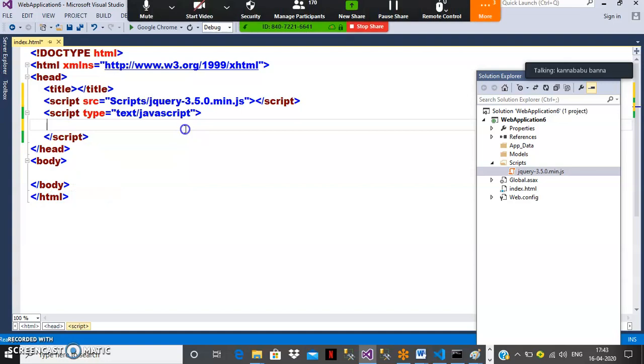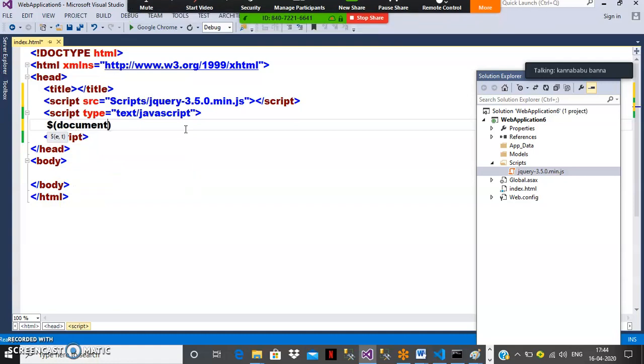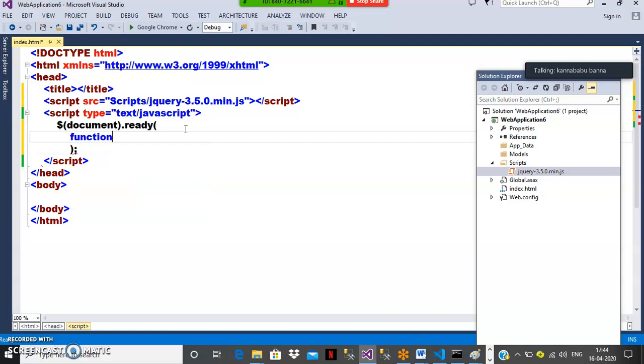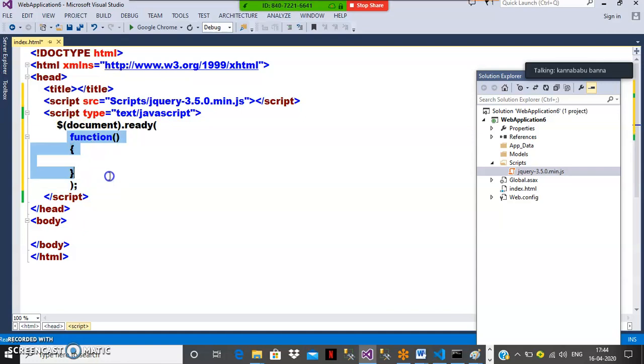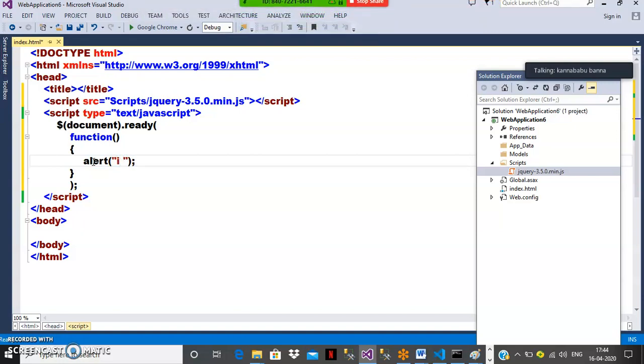$(document).ready(). Now here you see, in jQuery you always write the code inside a function. So this is one anonymous function. That's it. Okay? Now in this function you have to write the code. So document.ready is the default function. Is it clear? I am a function, something like this. So by default, generally in jQuery, events are also considered as functions only.